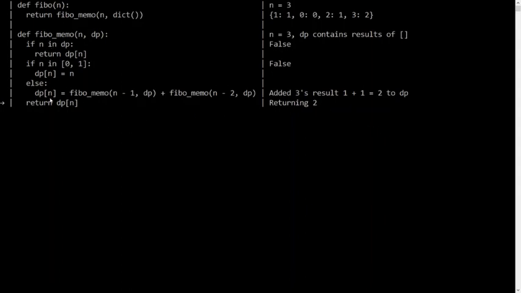Now this fibo memo n equal to 3 was called by this main function fibo n. Hence this value will be returned here and this value will be returned to the main function that was calling this function. Hence the final value that will be returned to the program will be 2.